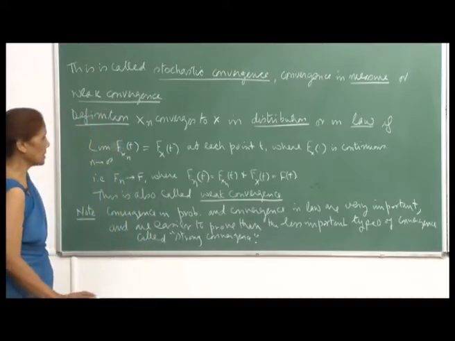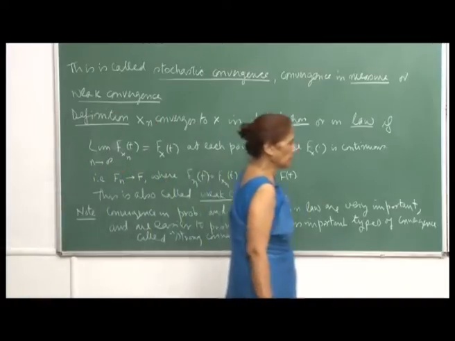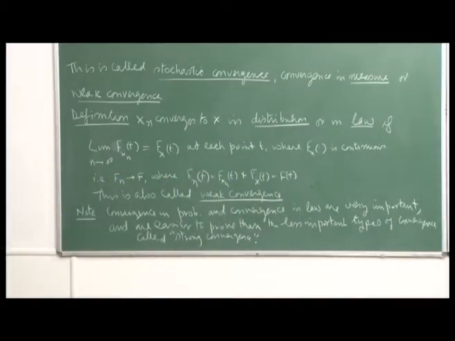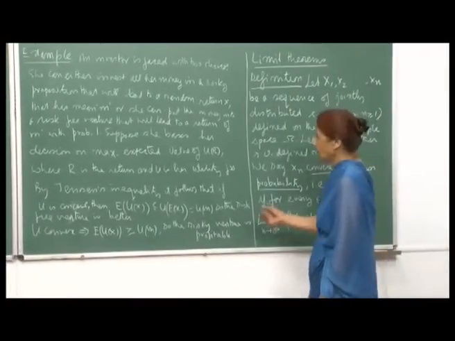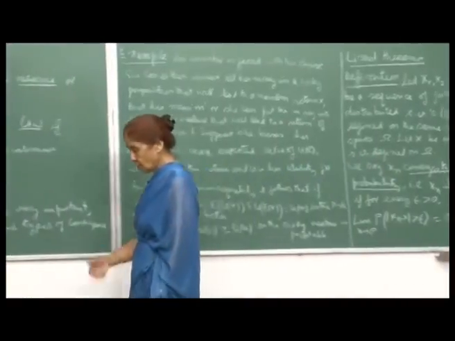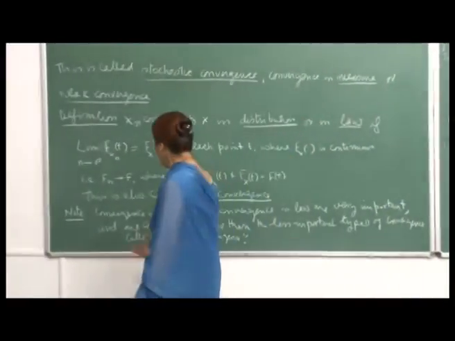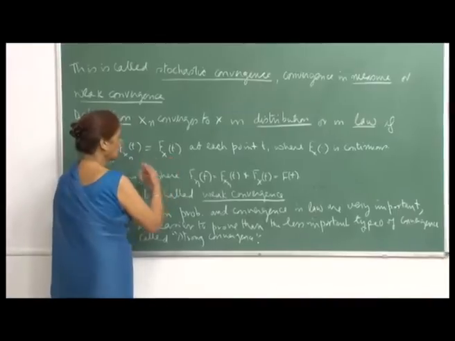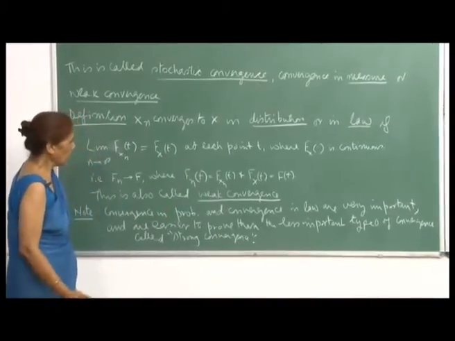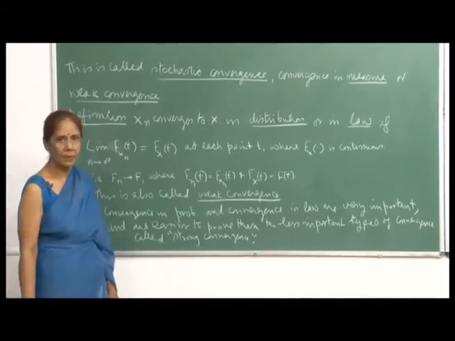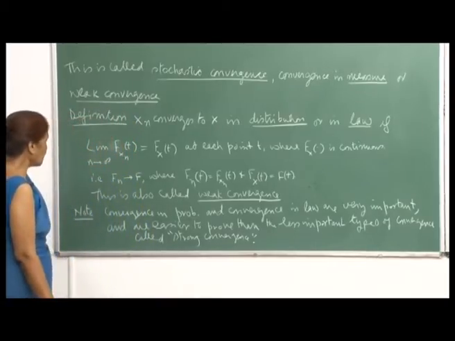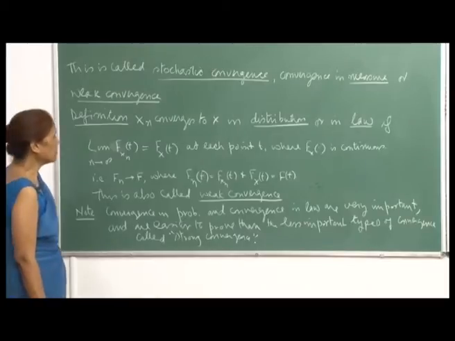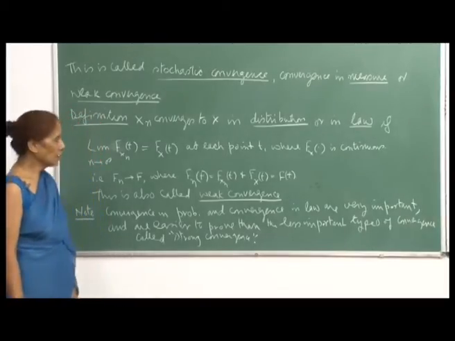So, you can see the difference, because here we are only saying that the probability of this event is becoming 0 as n goes to infinity, whereas here the whole cumulative distribution function is converging to the cumulative distribution function of X at every point t where it is continuous. Okay. Now, convergence in probability and convergence in law are very important,